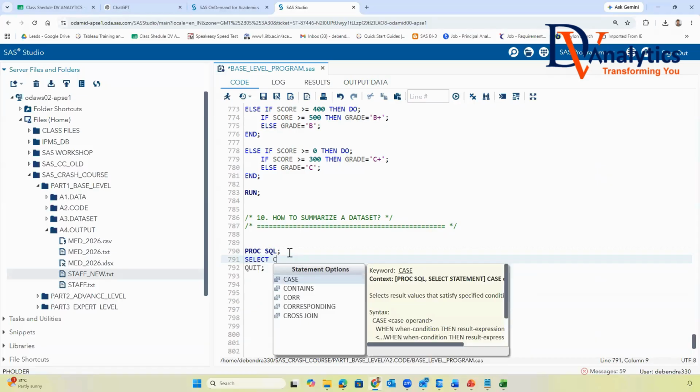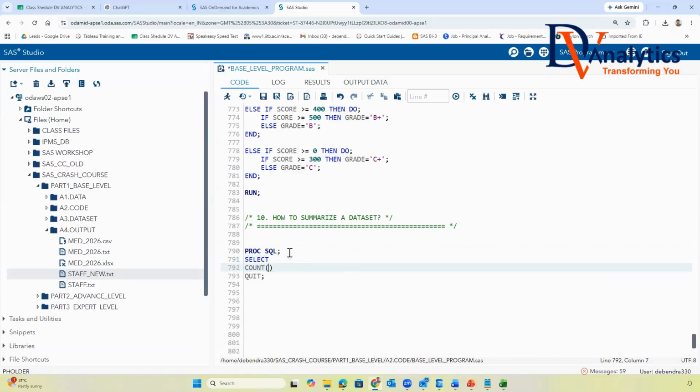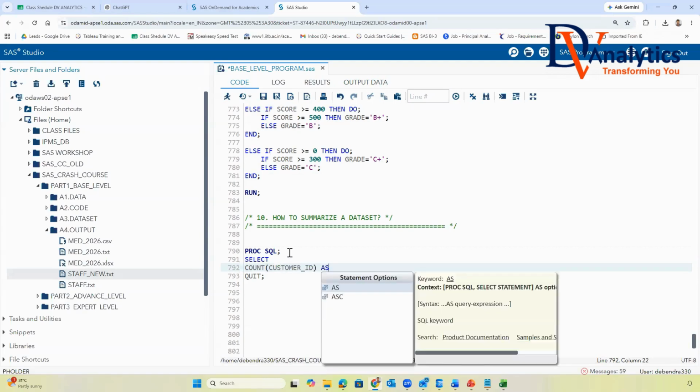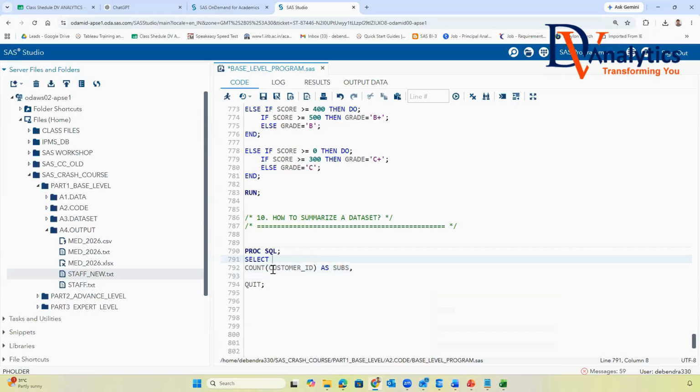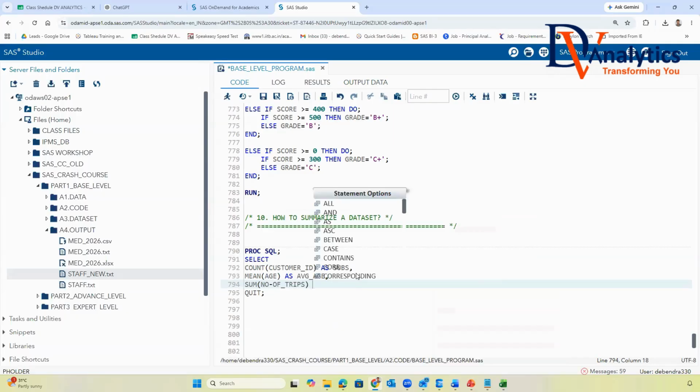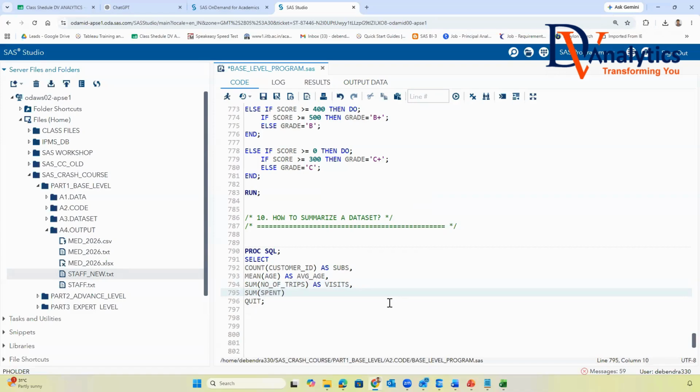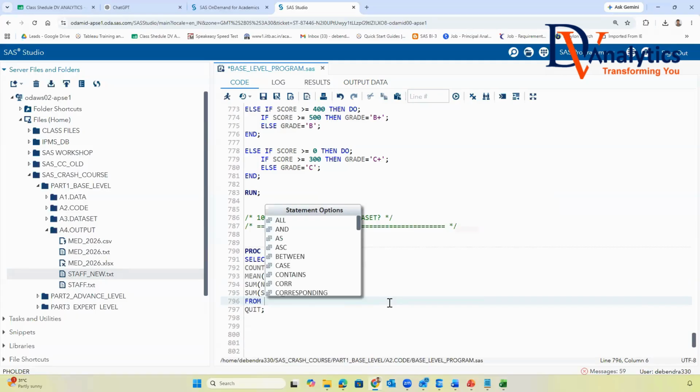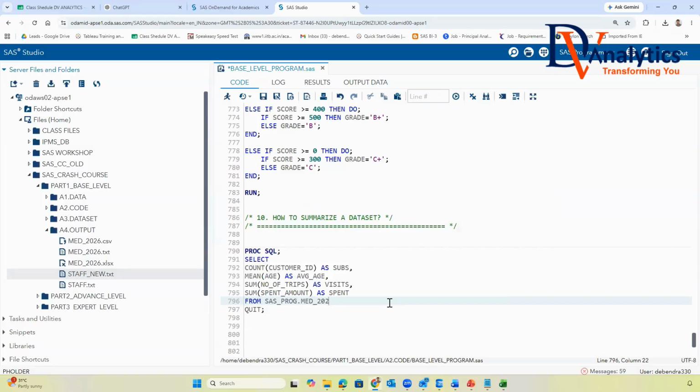You can write here a select query: select count of customer_ID as subscriber, mean of age as average age, then sum of number of trips as trips, sum of spent_amount as spent from sas_prog.made_2026.